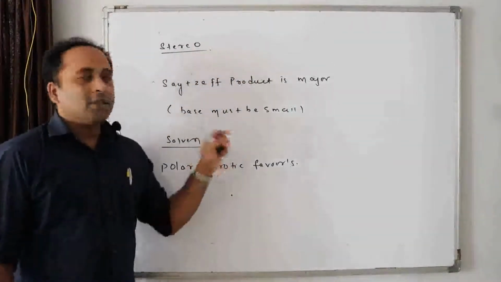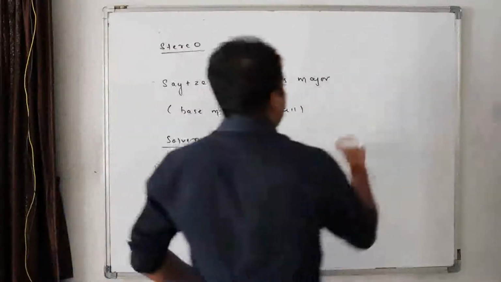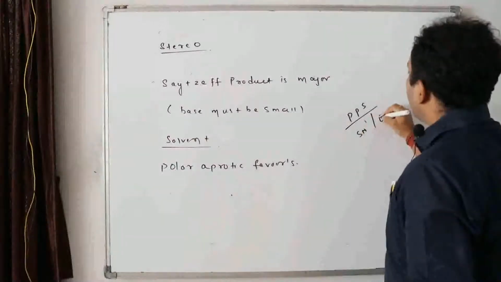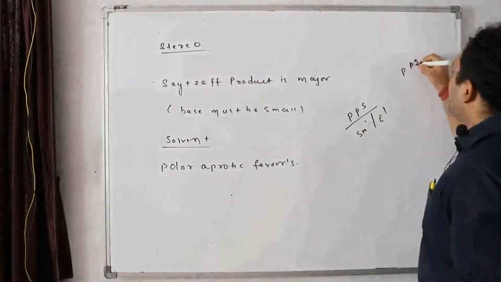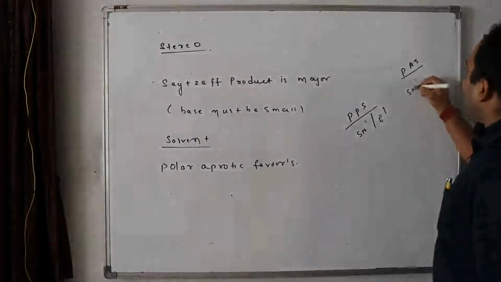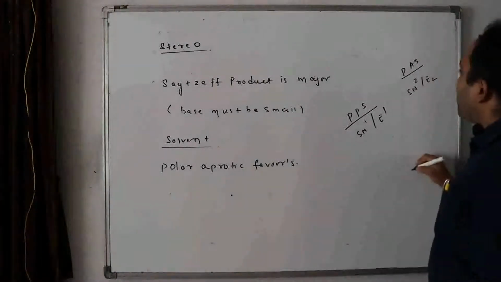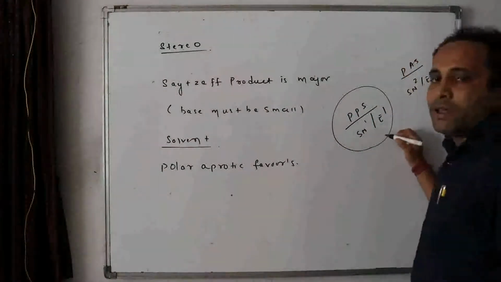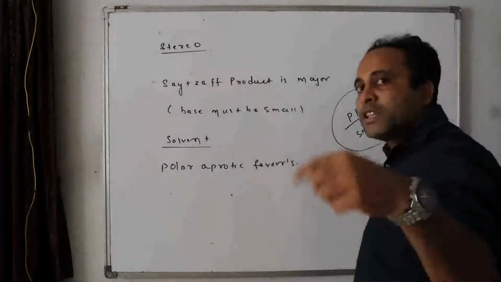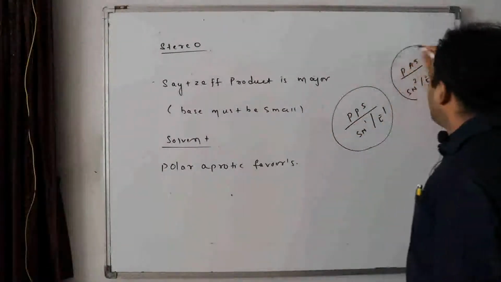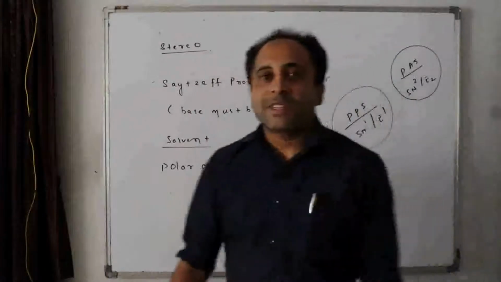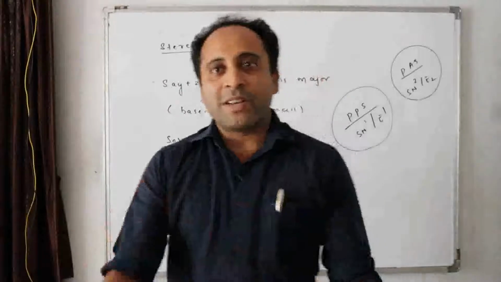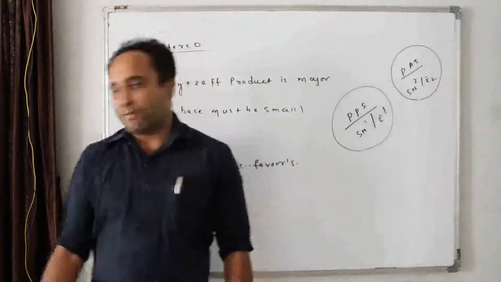Next, let us go for some examples. Achha. Do you remember, polar protic solvents will favor SN1, E1. Polar aprotic solvents will favor SN2, E2. It means all the unimolecular reactions are favored by polar protic, where carbocation is formed as the intermediate. These two reactions go through a transition state. Polar aprotic solvents favor these. Okay, let us go for some examples of E2 reactions. I'll give you some questions and we'll discuss those questions and these examples.